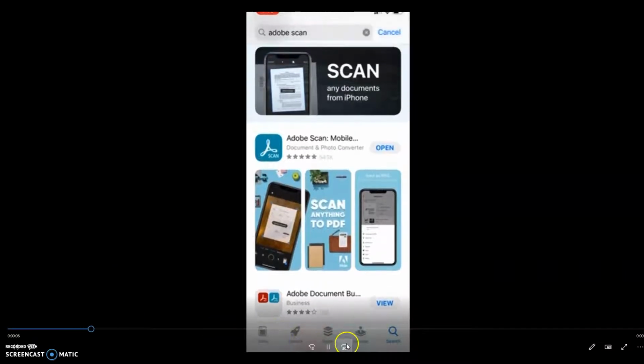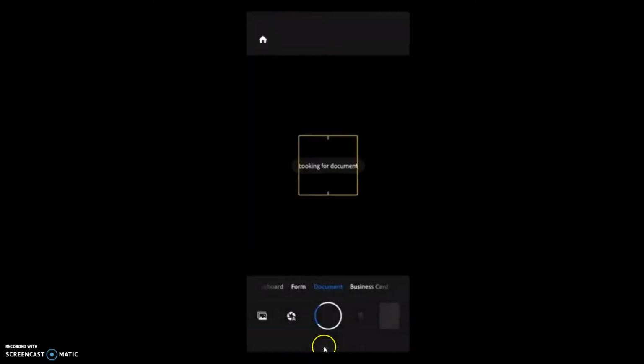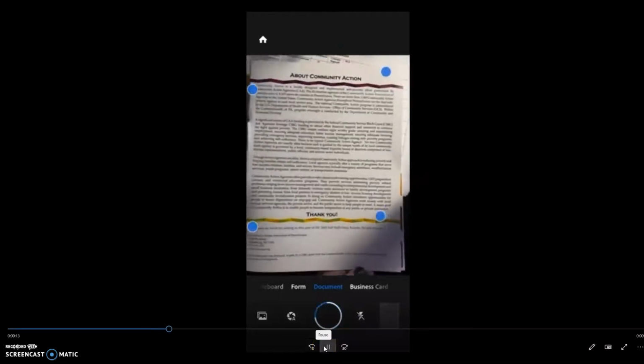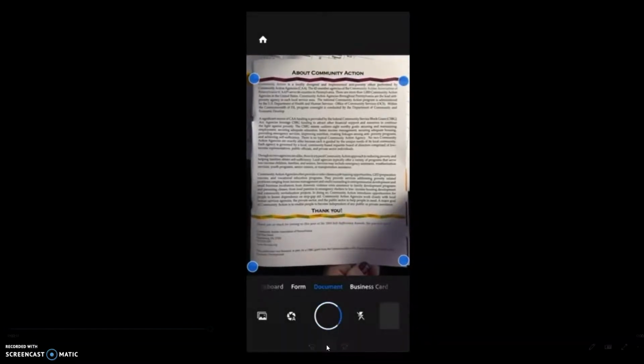So once you click it, it's going to show you right here in the corner you can take a picture. So then I hit take a picture, and you see me fumbling around for my document and then I find it. It doesn't look very clear on this. Be mindful, this is a screen recording off my phone, so it's not very clear here, but on the actual app it's crystal clear, just as good as if it were being scanned off a printer, which is really incredible. So then I capture this image,